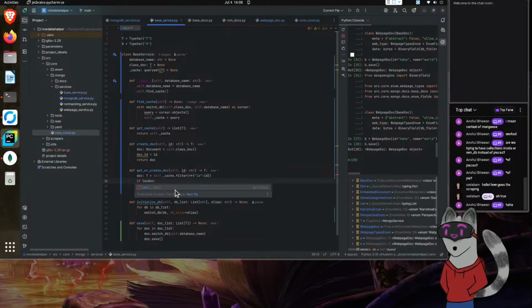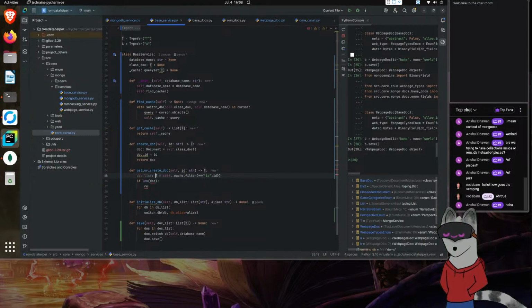So if the length of doc, this is going to probably be a length thing, so this is going to be a list. Oh, or it could be a more query. We'll call it a list for now. But if the length of this is equal to 0,